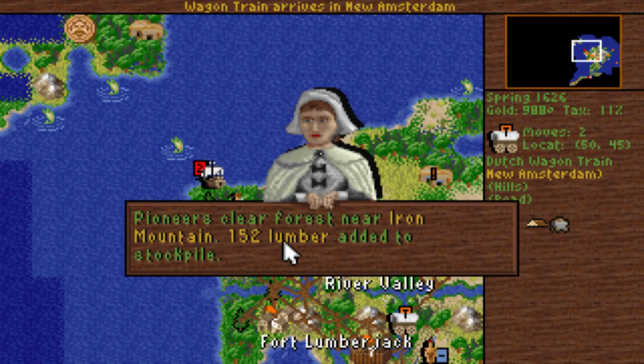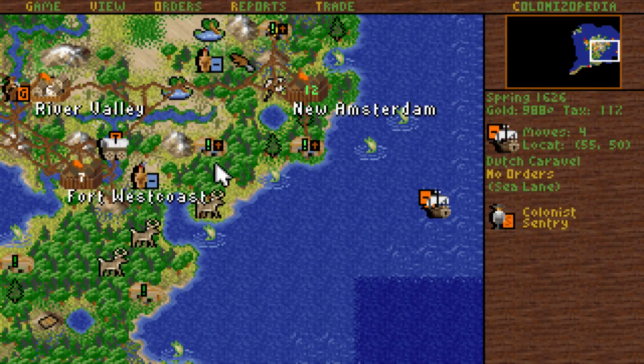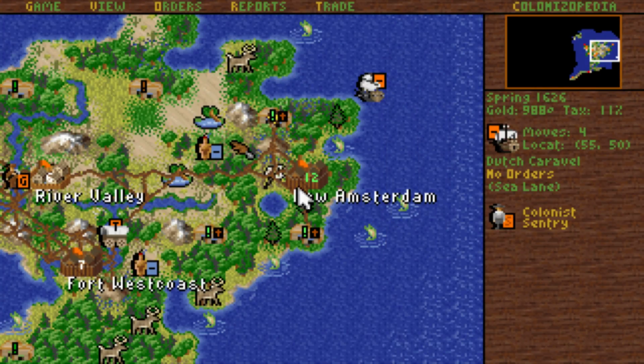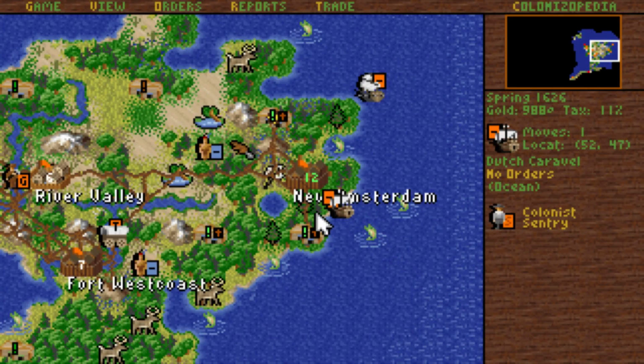Pioneer clears forest near Iron Mountain, 152 lumber added to the stockpile. And the Pioneer reverts back to colonist status. Okay. So, yeah, we're preparing Iron Mountain for tobacco production, and we actually can start producing cotton here. This is going to be the topic of today's episode, because